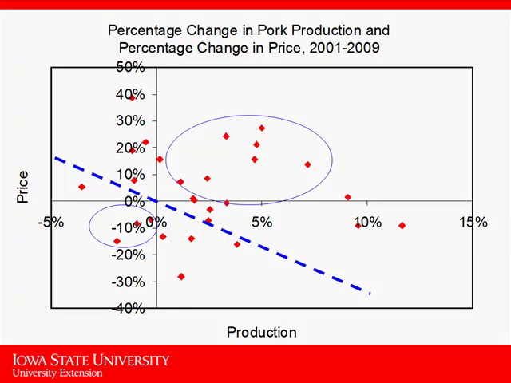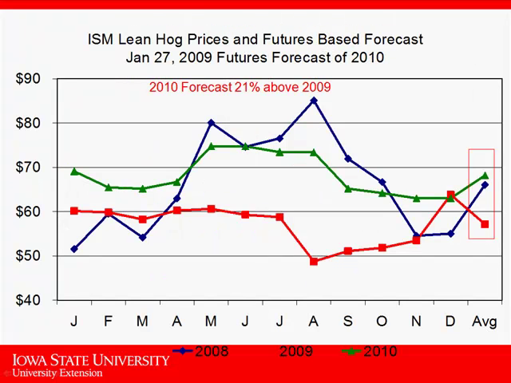And this goes back to the idea that you now have a more risky environment you're dealing with, because you can't just look at the hogs and pigs report or say that we've got a shortage because of weight or disease or whatever it is and try to outguess the market. If you get a stroke of a pen halfway across the world that says we don't want your product, it impacts price. And those are very, very difficult to predict. So with that as a backdrop, that we're in a more risky environment, let's take a look at what the futures are telling us today.